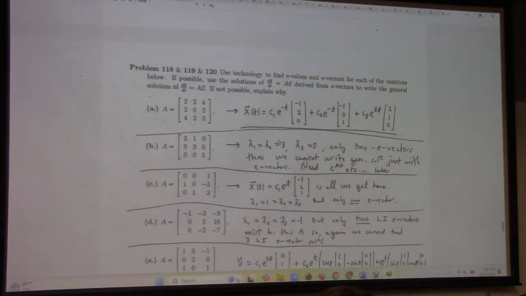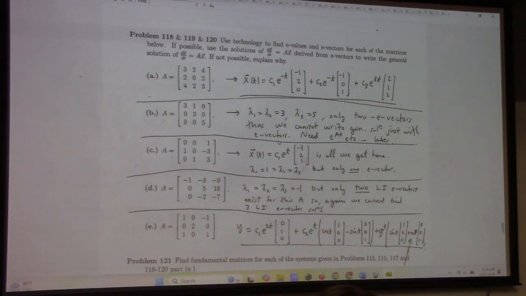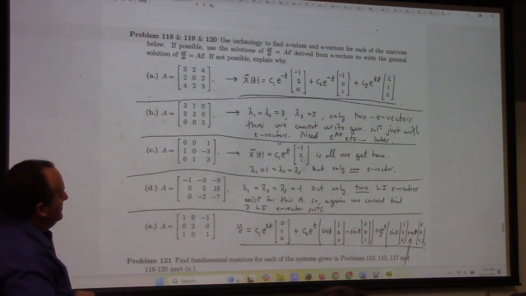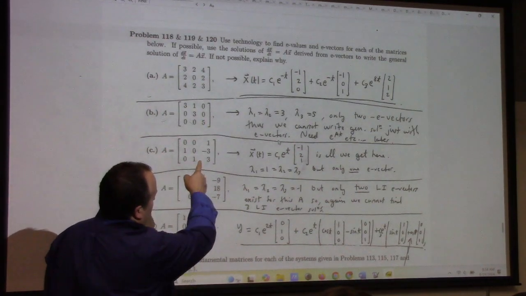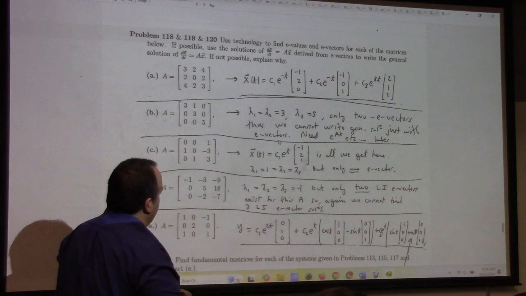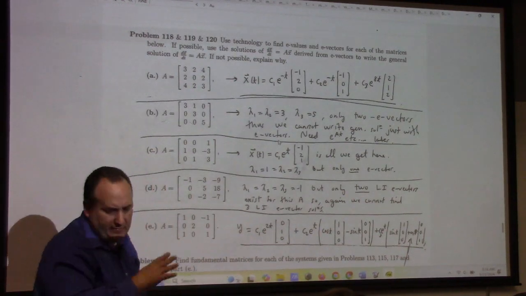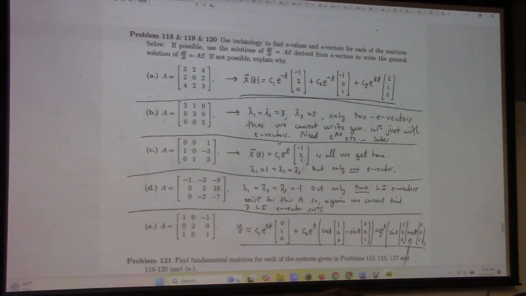This one here, I have A, B, C, D, A, B, C, D, E, and I think I said they could use technology. But these are actually decent questions in terms of the numbers, because apparently this one has nice eigenvalues. So anyway, let me stop talking about this. I don't think I'm making much headway for the discussion. Let's go back to,